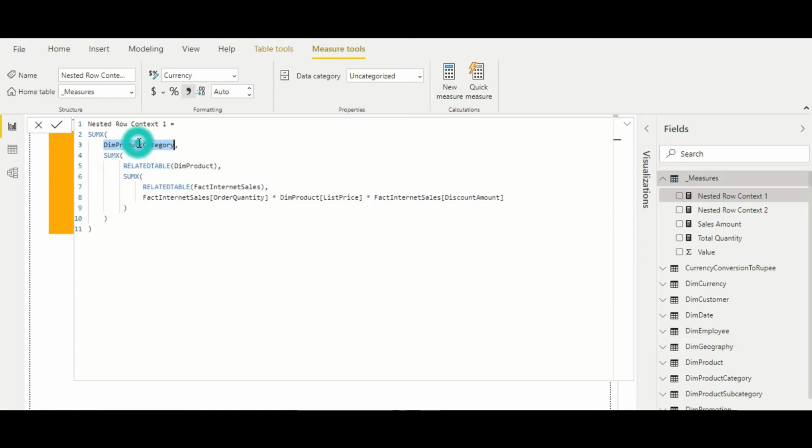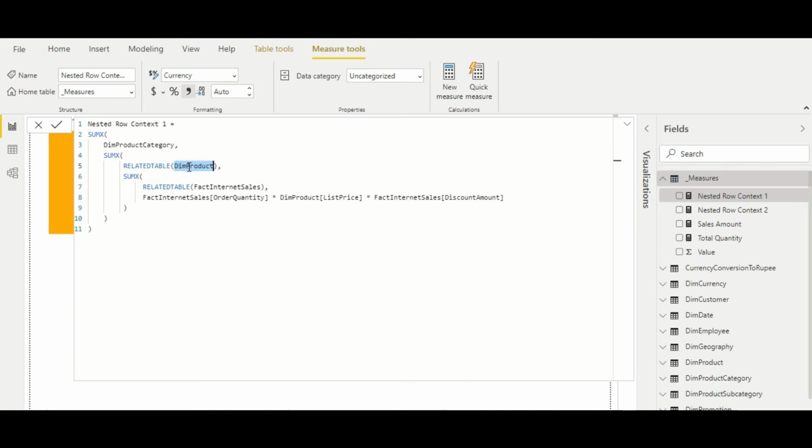It will start iterating on DimProductCategory and evaluate this expression. Then it will jump to this one while creating the first row context. Then it will again see that it is an iterator function, so it will move on and evaluate the first argument. Now what I am doing here is using the RELATEDTABLE DimProduct.